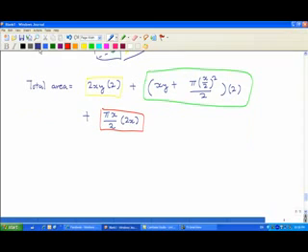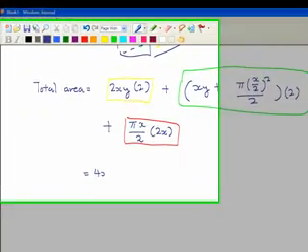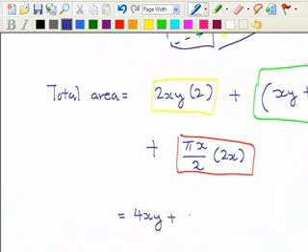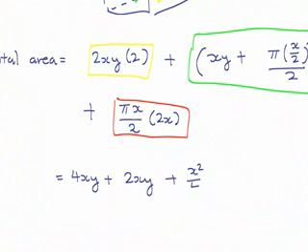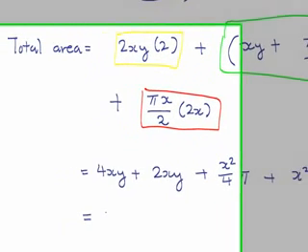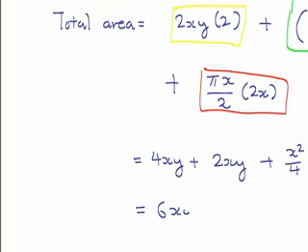So doing a bit of simplification, I will have 4xy plus 2xy plus x squared over 4 pi plus x squared pi. Doing a bit of simplification, I will have 6xy